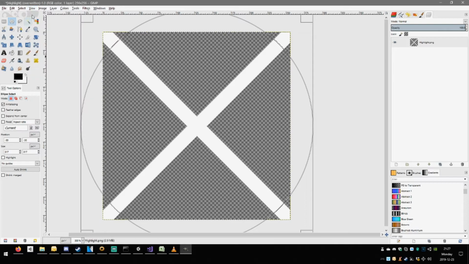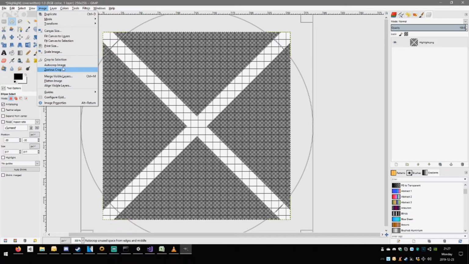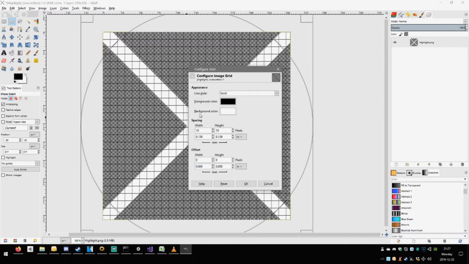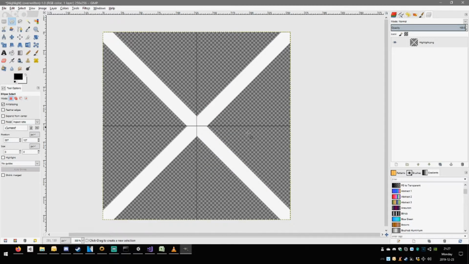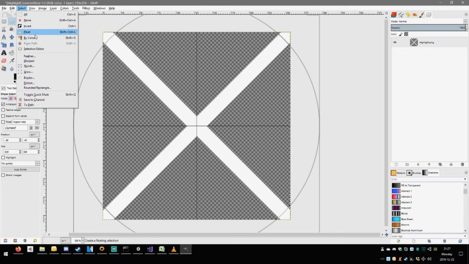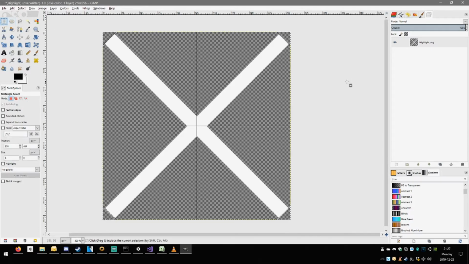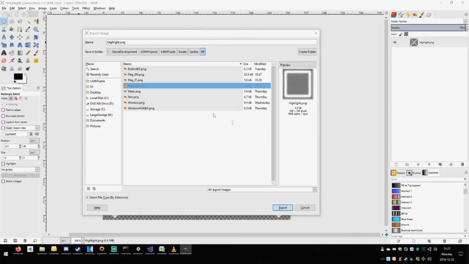View, show grid. Oh dear. View, show grid. View, snap to grid. Image, configure grid. And the grid is going to be 128, which is in the middle. And now we can create a circle like this, and we can do selection, invert, and then we can delete them, and now it looks like this. So, highlight,